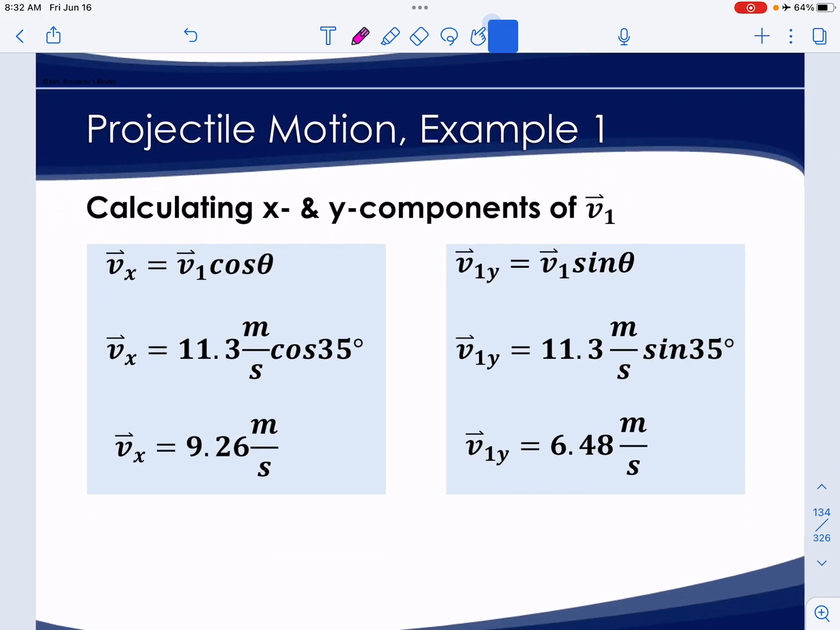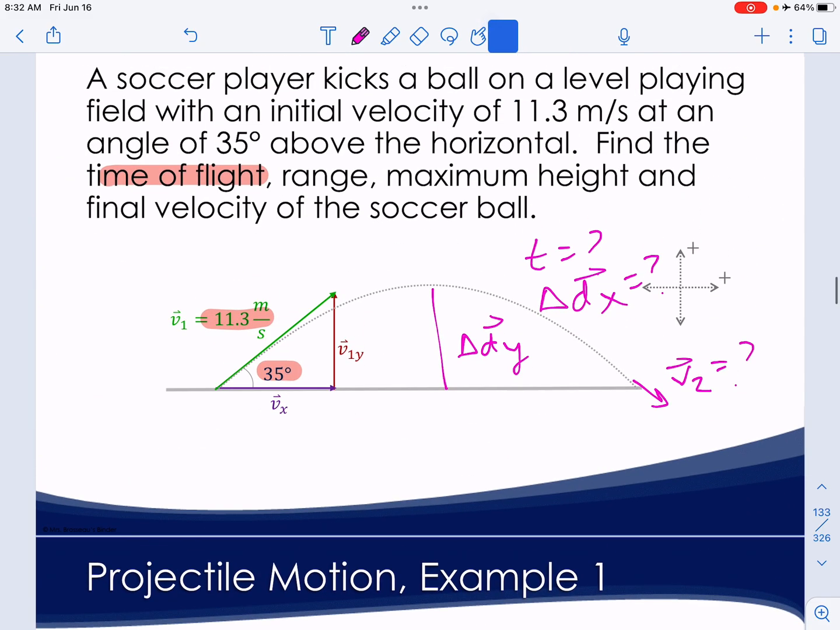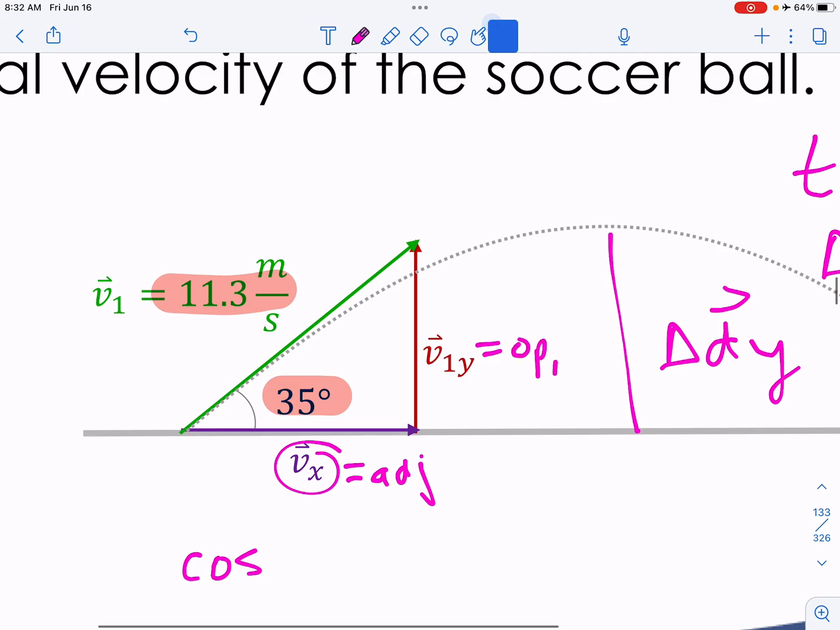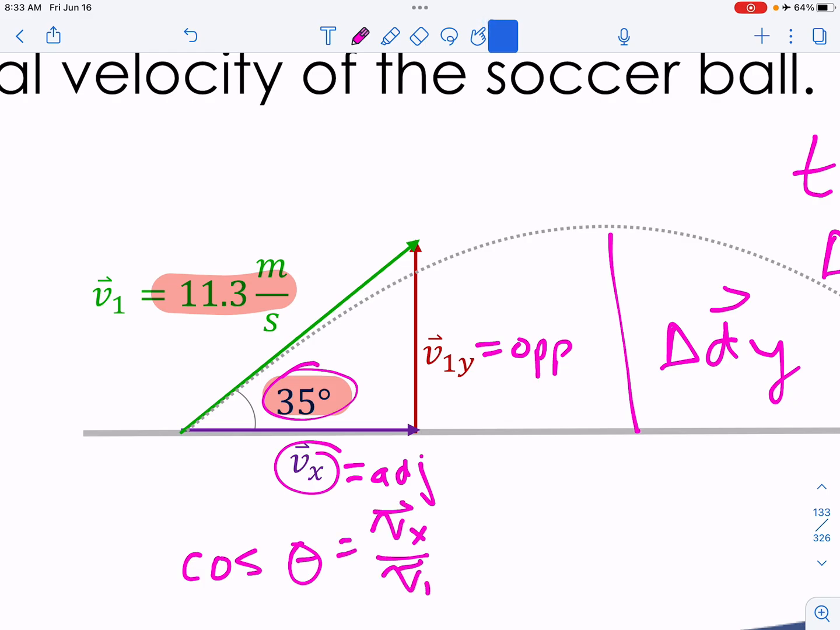Okay, so here, calculating the x and y components of V1. First thing we're going to do is break V1 into its x and y components, as done before. Remember we have our cosine, this is our adjacent, and this is our opposite, because this is our angle over here. So cosine of theta is going to be Vx over V1, and sine of theta is going to be V1y